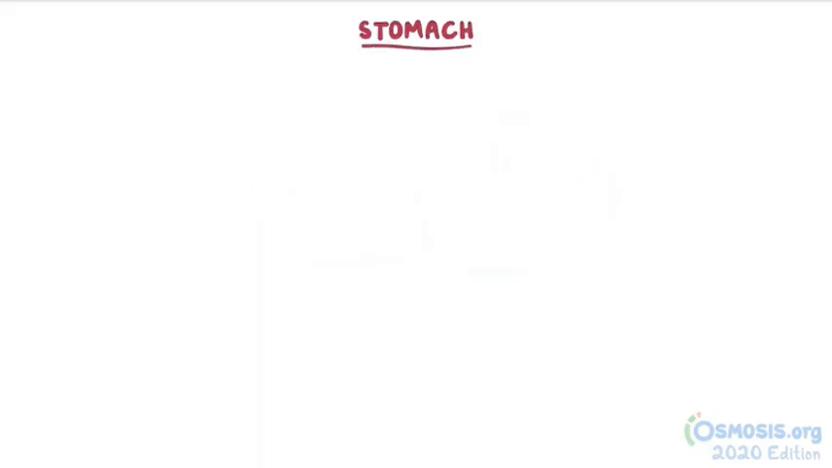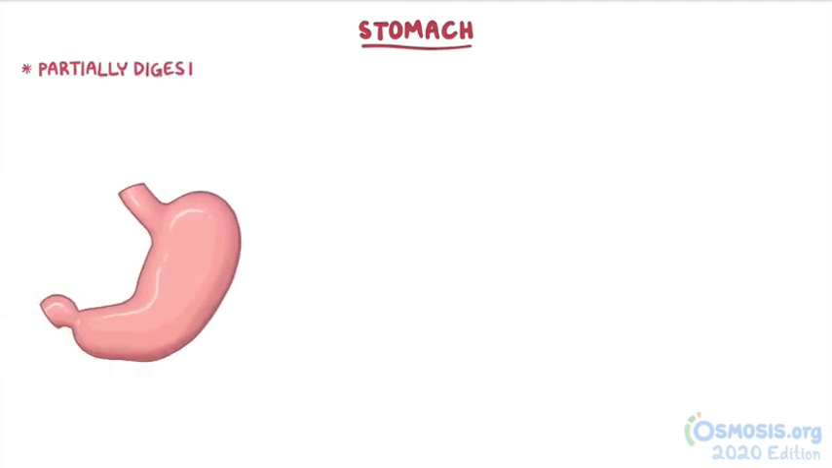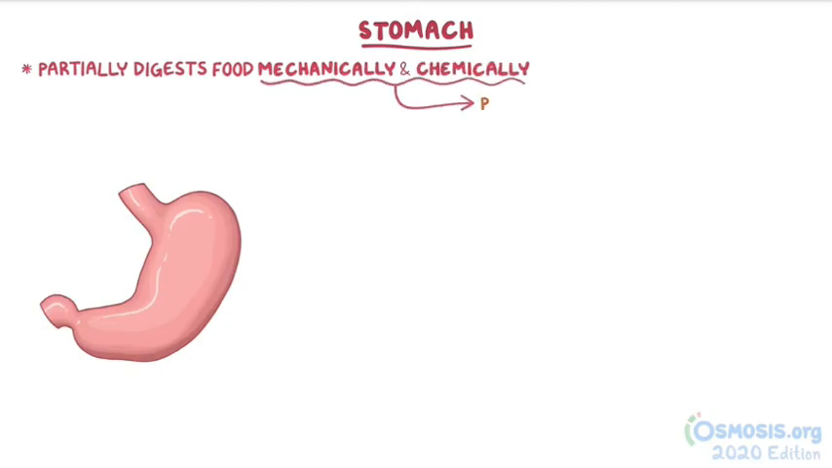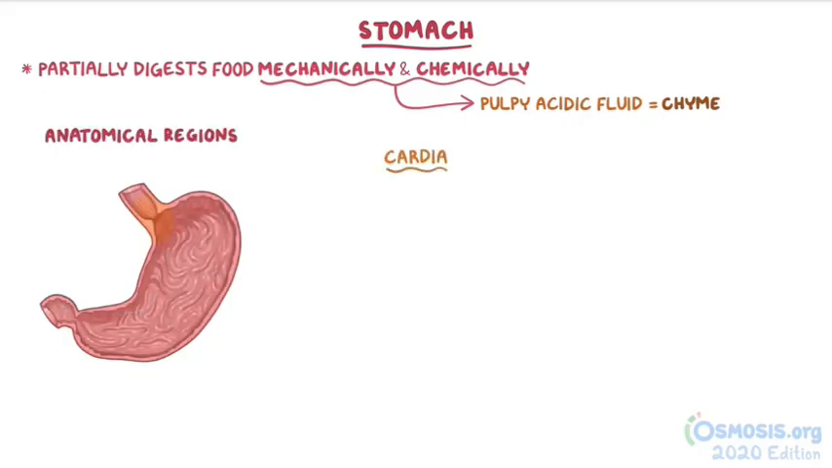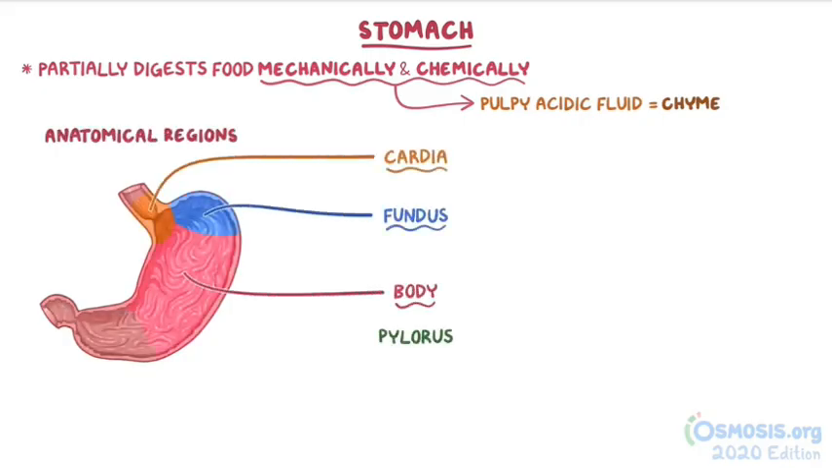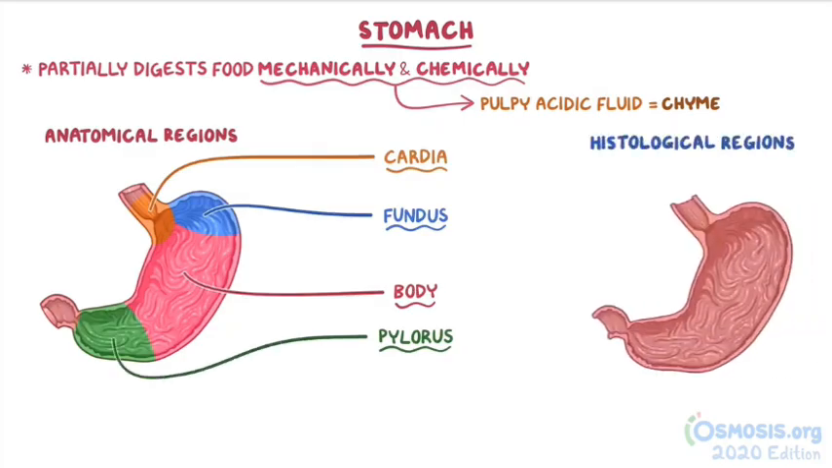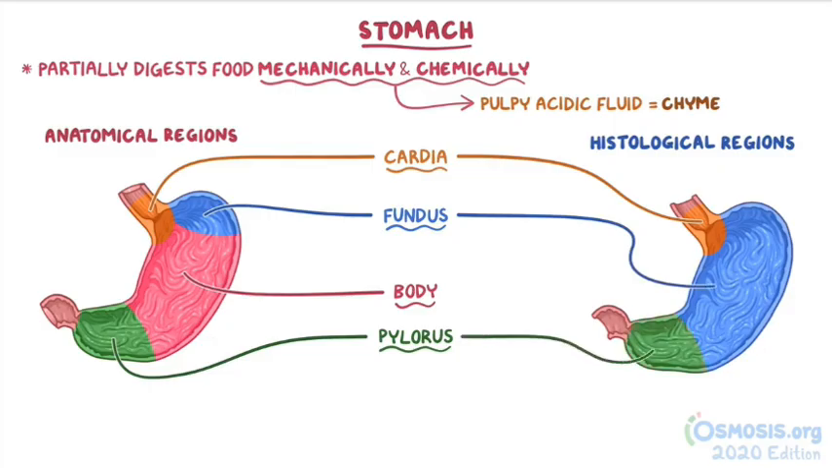The stomach is an expanded portion of the gastrointestinal tract, or GI tract, that partially digests food by breaking it down mechanically and chemically in order to form a pulpy acidic fluid called chyme. The stomach is divided into 4 anatomical regions: the cardia, fundus, body, and pylorus. But the stomach is only divided into 3 histological regions: the cardia, fundus, and pylorus. That's because the fundus and the body are histologically identical, so both regions are called the fundus when referring to